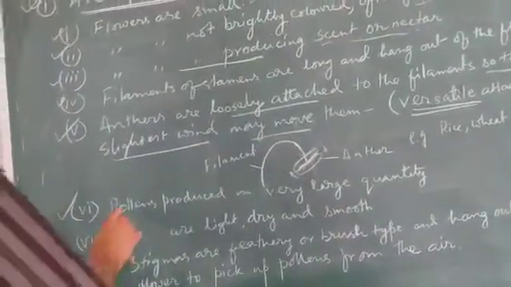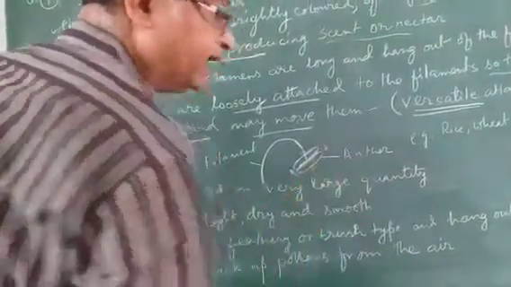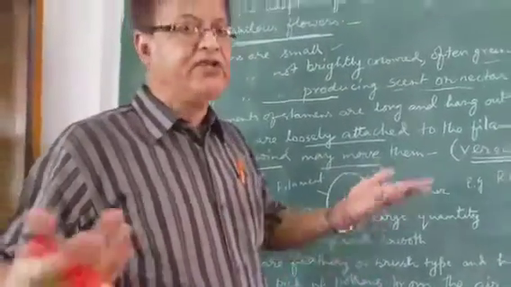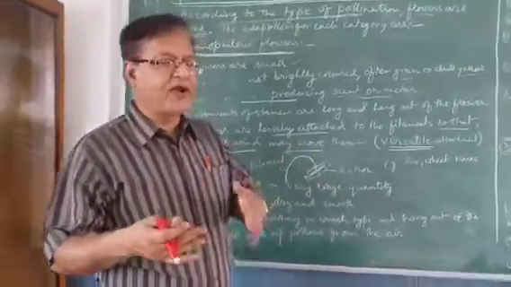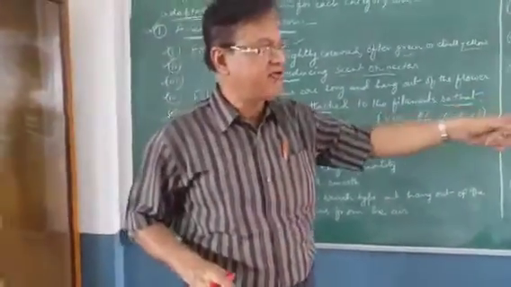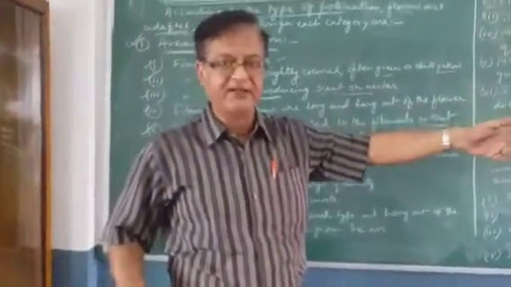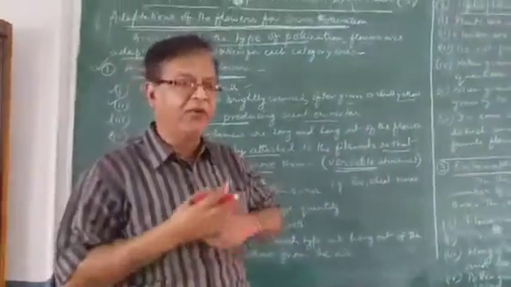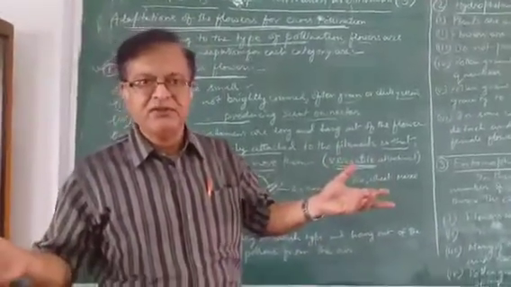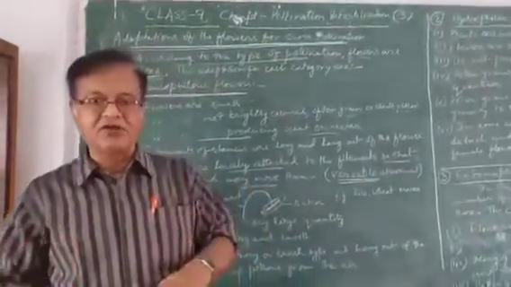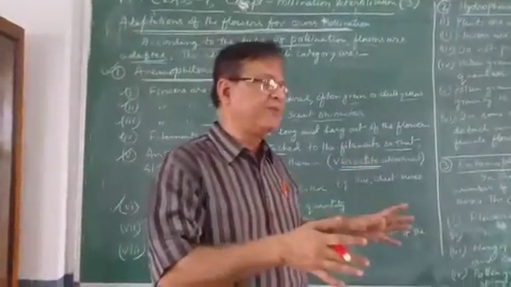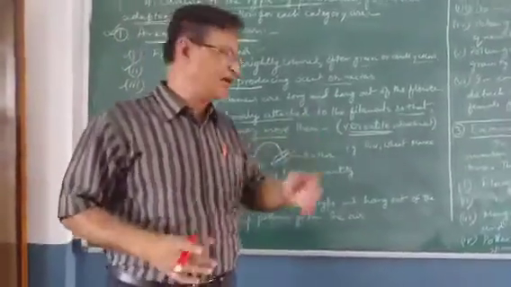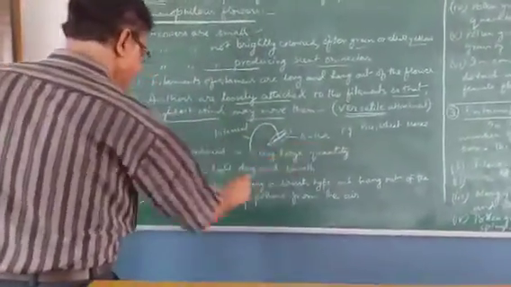Sixth point is, pollen is produced in very large quantity. Why? Because it is not known when the wind will blow in which direction. Suppose the plant requires the wind to blow in a particular direction where the male and female flowers and other plants are. But if wind blows in the opposite direction, then the whole pollen grain taken by wind will be lost. To compensate for the loss, they produce a huge number of pollen grains, so that some pollen grains will remain for pollination.